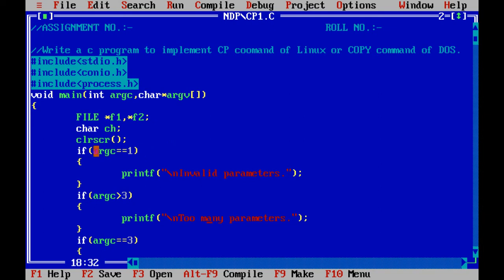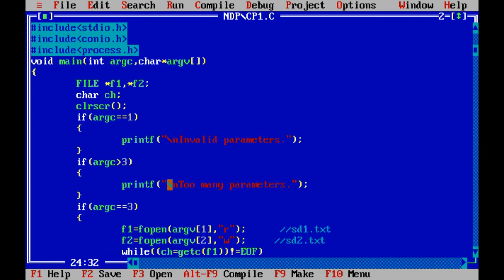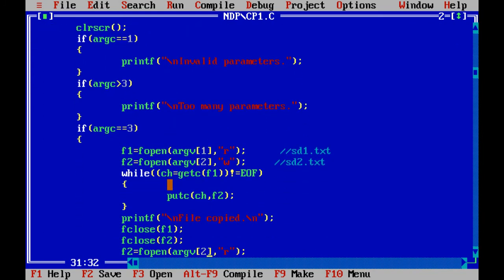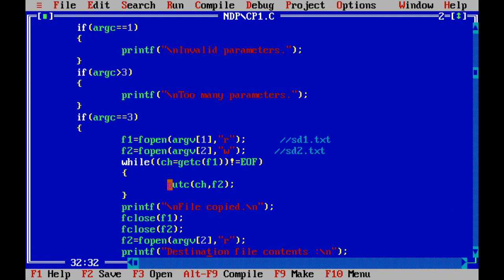If the arguments count is equal to 1, it is going to print invalid parameters, and our code should work exactly when the arguments count becomes equal to 3. So when the arguments count becomes equal to 3, we are going to open the first file.